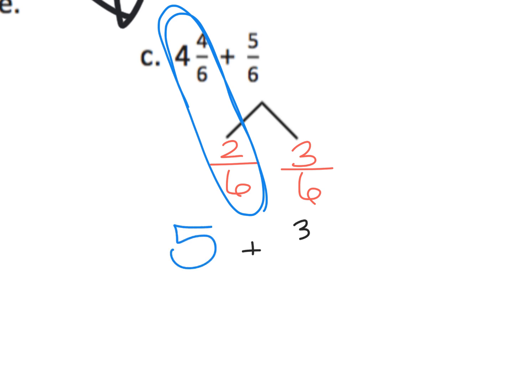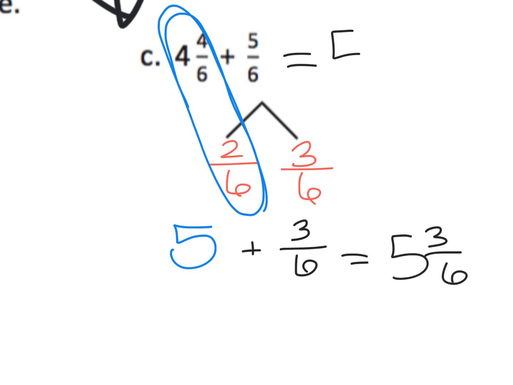Plus we have this extra 3/6 there. So our answer is 5 3/6. And if your students want, they can change that to 5 1/2. That's perfectly fine. But the point of this lesson is to focus on the adding. We don't need to worry about the simplifying, but absolutely parents and teachers differentiate with your students to make it